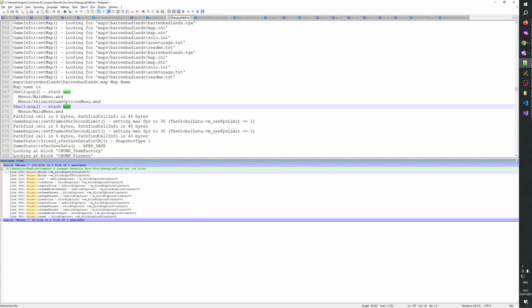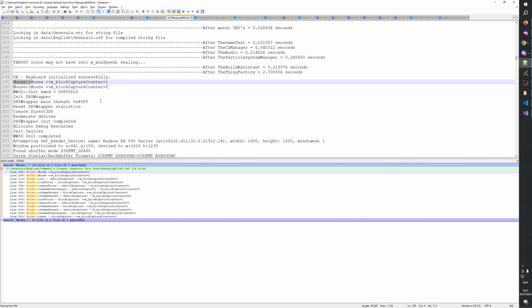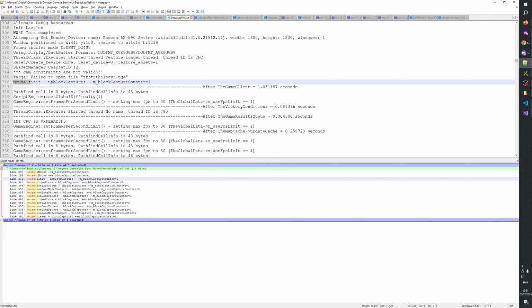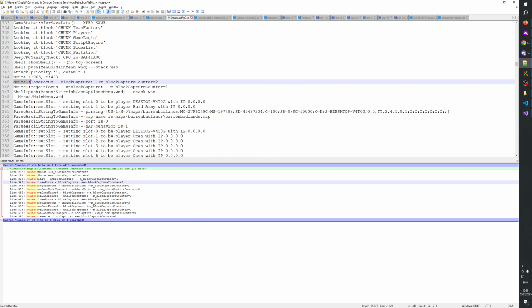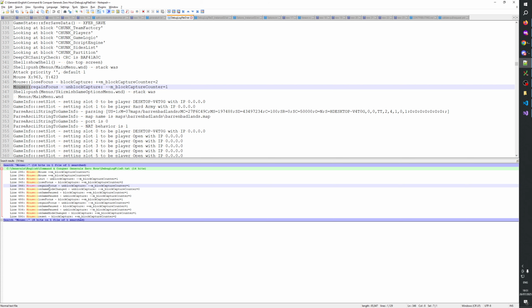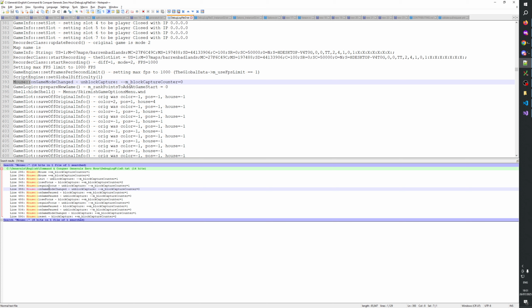Okay, so we have now an extensive log. So mouse plus plus, that's the constructor. Then init unblock capture, now the counter is 1. Then we lose focus and the counter is 2. We regain focus, the counter is 1. Now on game mode changed, we unblock the capture.